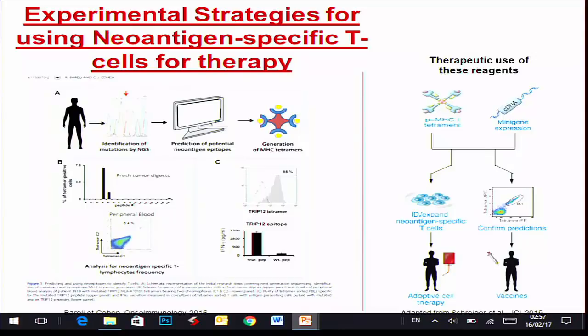We determined the gene information, the genome information, the DNA. We were able to say, okay, here you have a mutation, here you have a mutation. With the help of computers, we predicted which mutations might be recognized by the immune system, and then we took samples from the immune system of that particular patient, and using probes that we designed, fluorescent probes, we mixed the